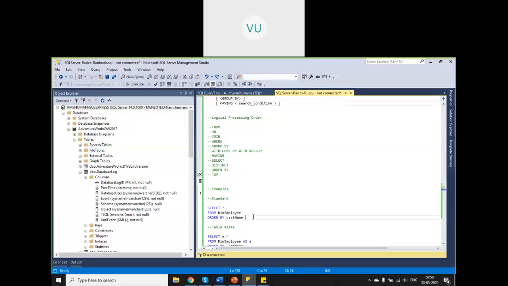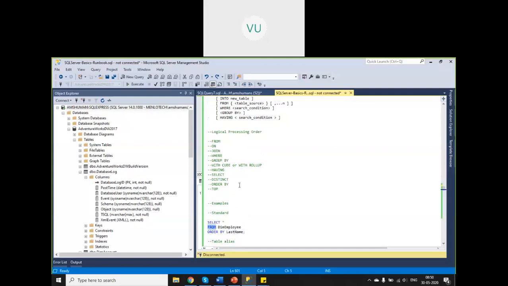So what we'll do is pass the queries, and behind the scenes the SQL engine will perform the query in this particular order and give the result set within some milliseconds. Then it will apply SELECT, whatever columns you want to select. It is a column filter. SELECT is one of the clauses, and you are trying to filter the columns from your result set.